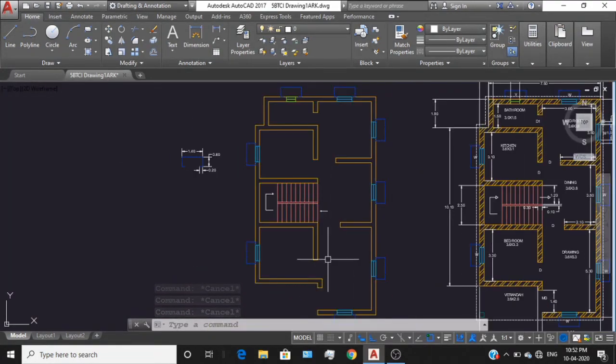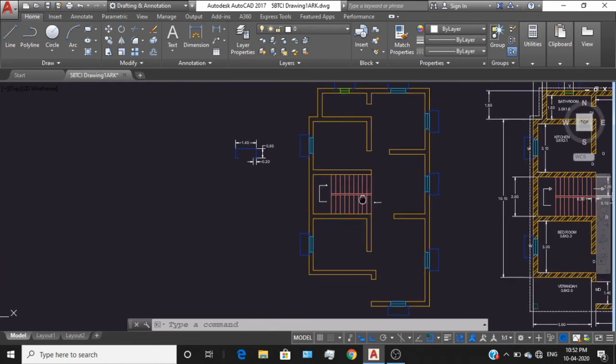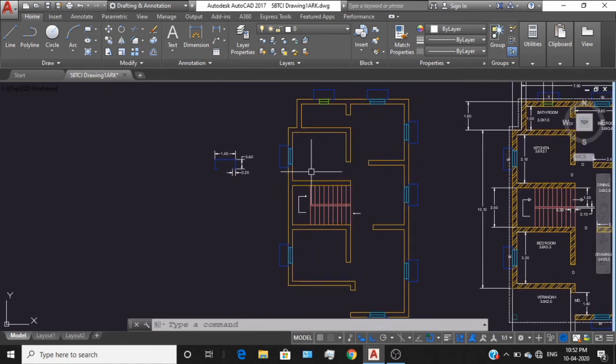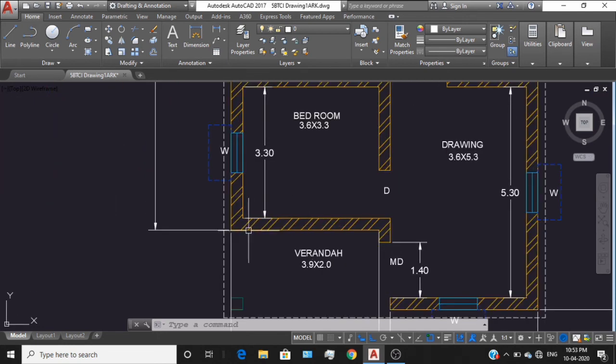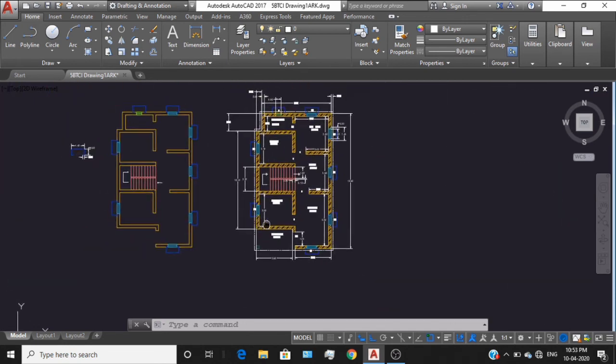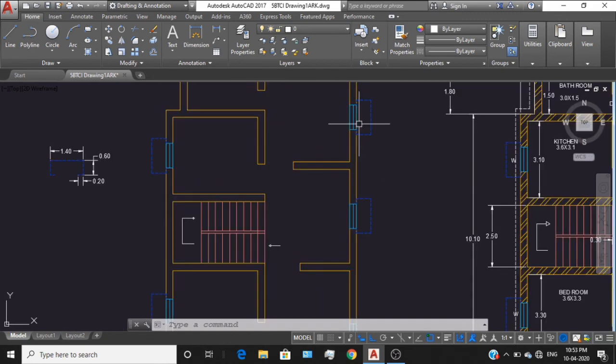The dimensions I'll give later. This is how we have created it till now from part 1. This is part 3. We have done walls, windows, ventilators, chhaja and staircase. In the next part, I will teach you hatching again. I have done it already. You can just refer to that video before watching part 4.